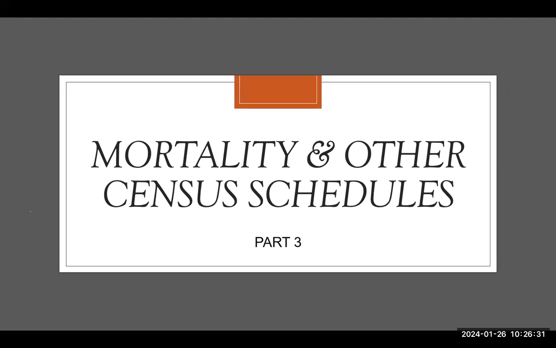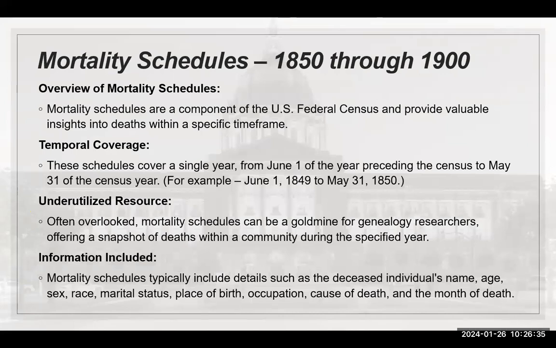So now we move on to mortality and other census schedules. Mortality schedules were done 1850 through 1900. Mortality schedules are a component of the U.S. federal census and provide valuable insight into deaths within a specific time frame. These schedules cover a single year from June 1st of the year preceding the census to May 31st of the census year. For example, June 1st, 1849 to May 31st, 1850, which is the one that my